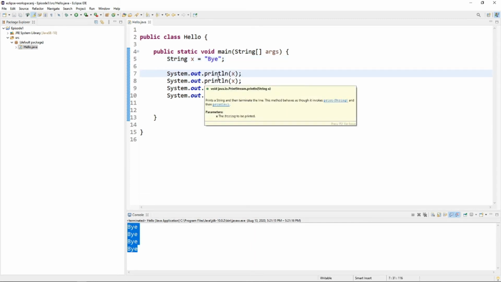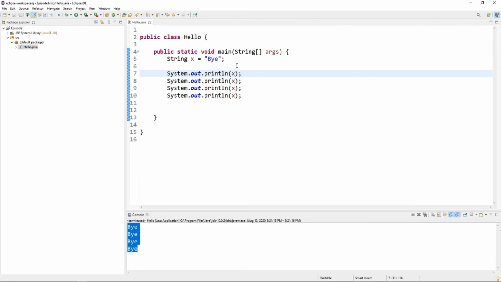So I only had to change it once. I didn't have to go through each print statement and change hello to bye. I just had to change it up here. So now if I replace it with hello again, you'll see that it prints out hello each time. Another good thing is that we can change them whenever we want. So let's say I want to print out hello only 3 times, and then in the end I want to print out bye. I could change this from x to bye,